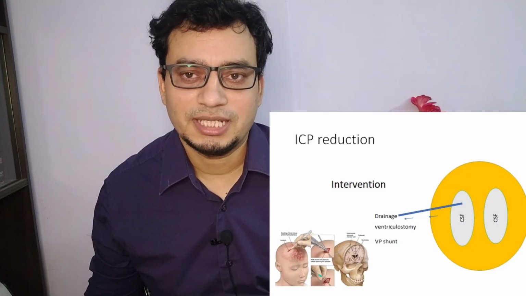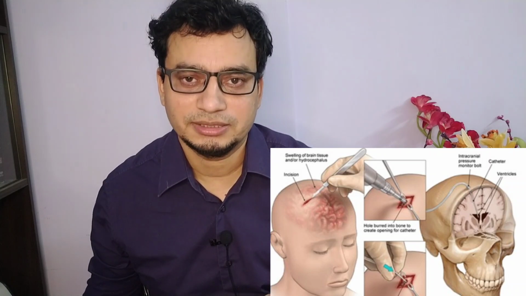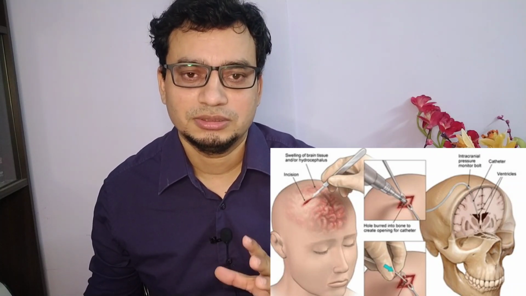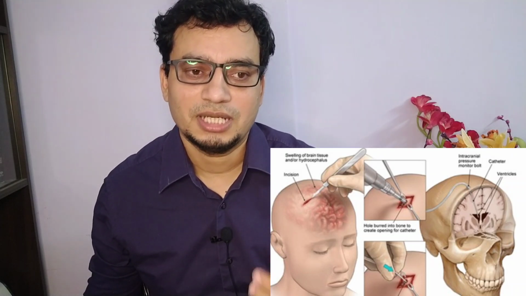Now, regarding the interventions, an external ventricular drain, which is also known as the ventriculostomy drain, can be used as a monitoring as well as a therapeutic strategy to drain the CSF. Very commonly by a neurosurgeon, typically a burr hole is created through a small incision behind the hairline here, and the catheter is passed through the brain and into the frontal horn of the lateral ventricle. Okay, so that is the place for the catheter tip, and you can always measure the CSF pressure, and if it is high, then you can probably remove some of the CSF.